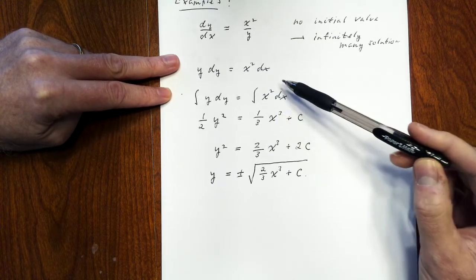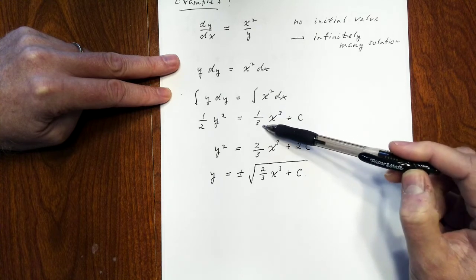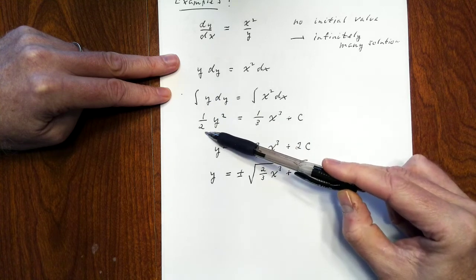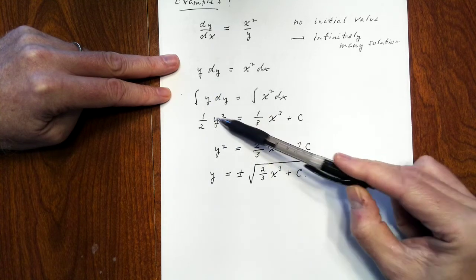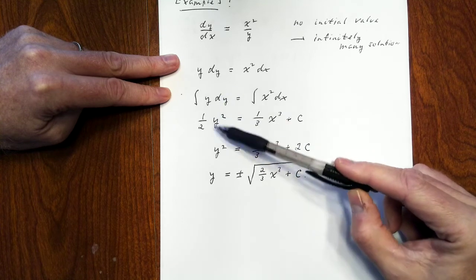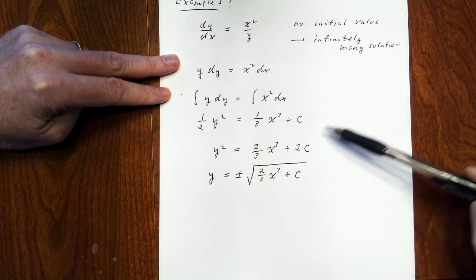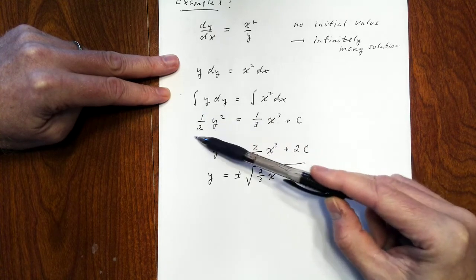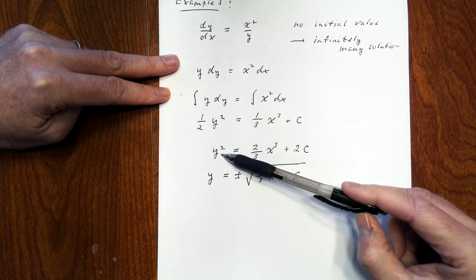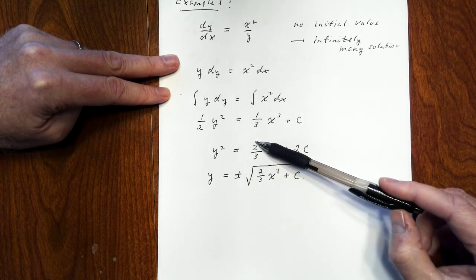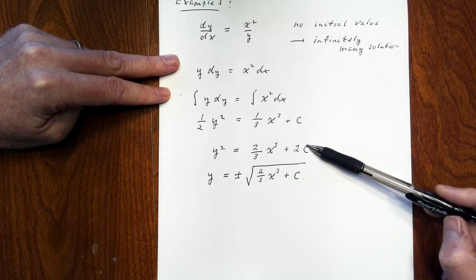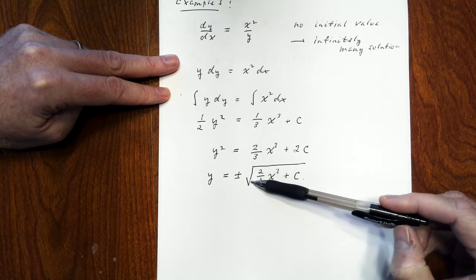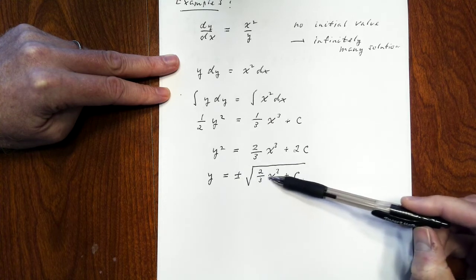Now let's integrate each side. The integral of x squared is 1/3 x to the 3rd plus c. The integral of y is 1/2 y squared. Now again, there would be a constant of integration on the left side as well, but we can just clump that with the constant of integration over here. Now we need to solve this for y, not just leave it in this form. If we multiply each side by 2, we get y squared equals 2/3 x cubed plus 2c. If we take the square root, we get y equals plus or minus the square root of 2/3 x to the 3rd